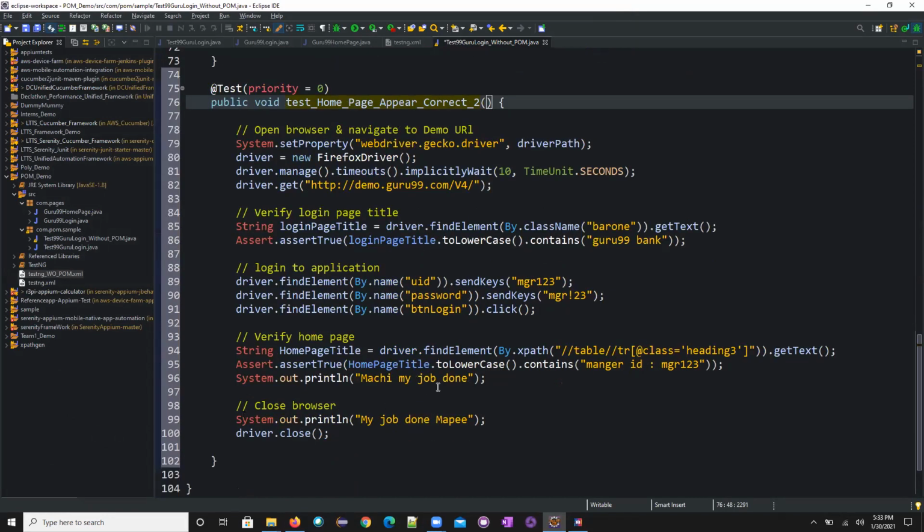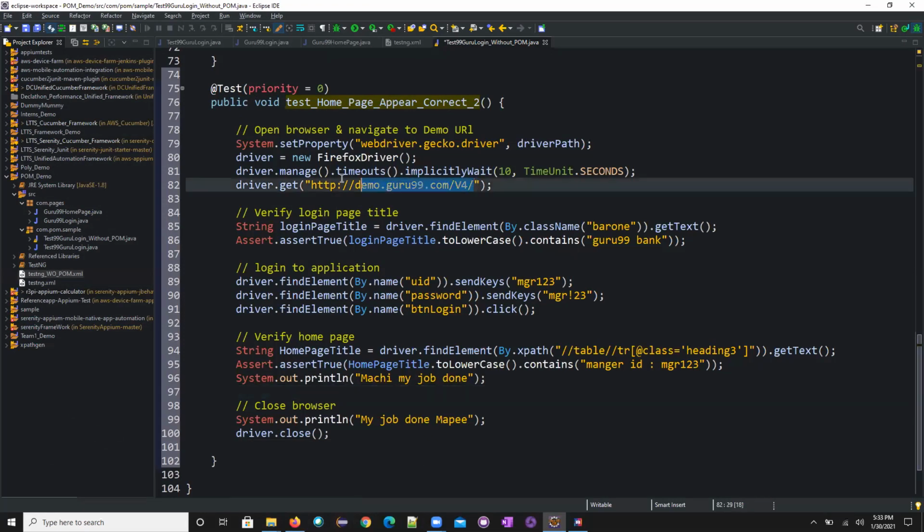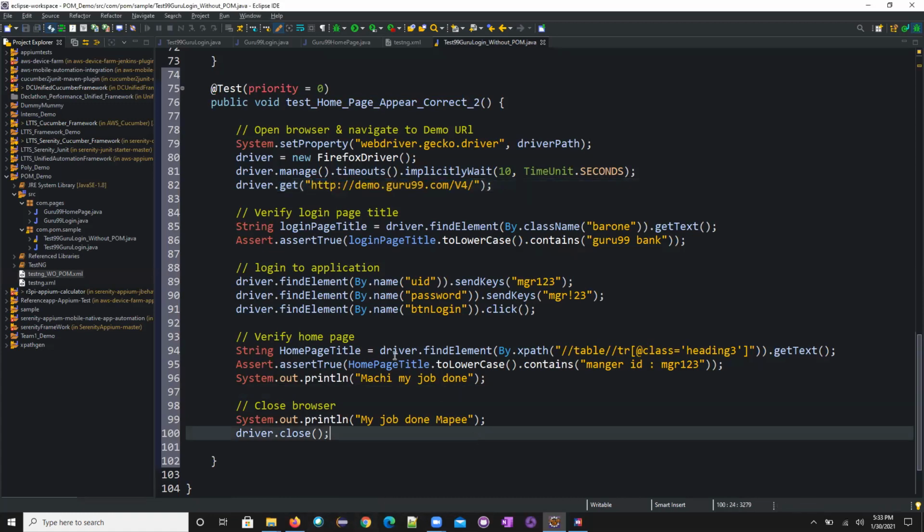Now, I wanted to validate something else, so I'll take the XPath of this. I'll write a small piece of code so that you can see the difference in this particular test case, so it is easy for you people to understand. Just bear with me. You guys understood, right? The first test case we have done; in the second test case, I'll just randomly click something over here. I'm just trying to open, navigate and get something over there.